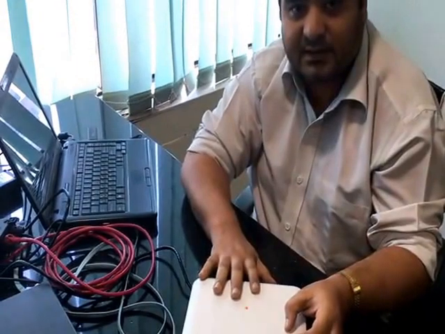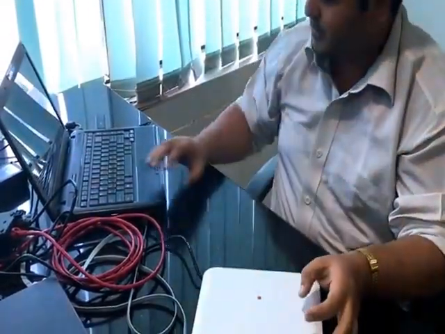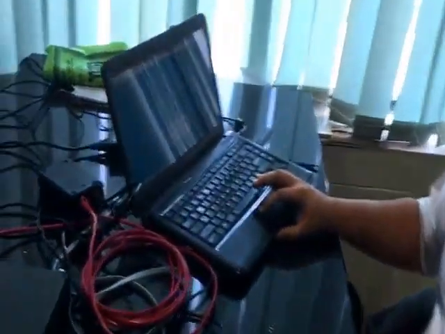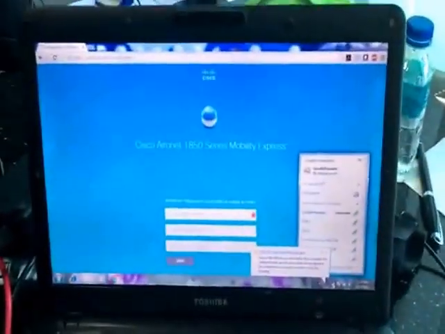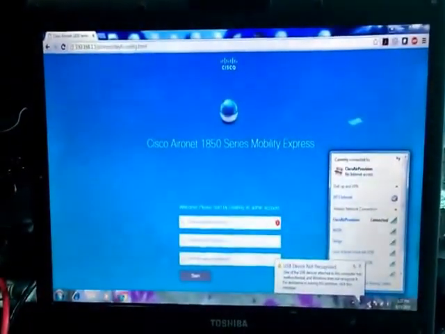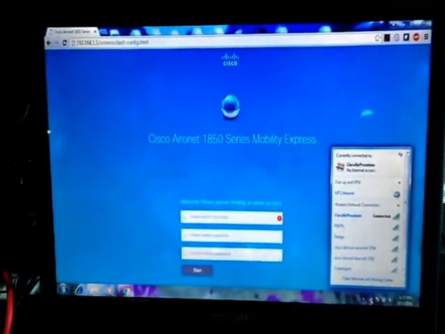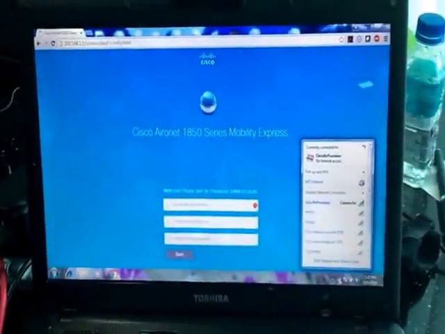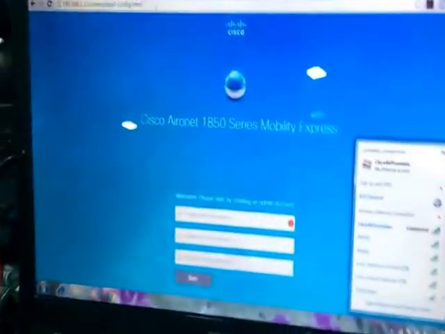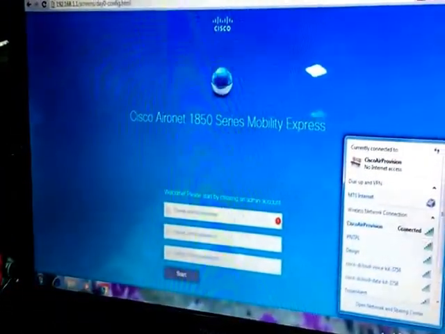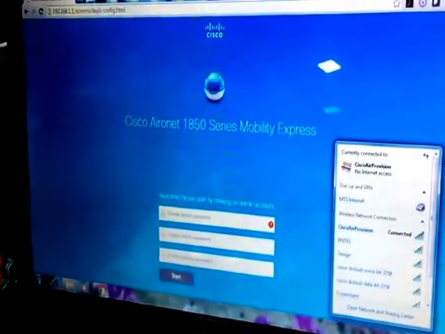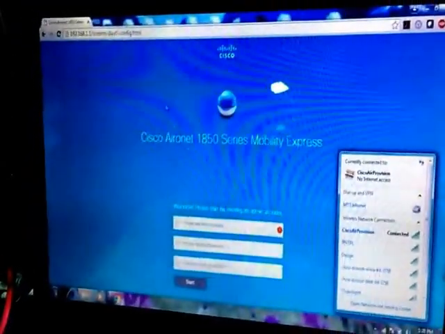After connecting these devices, after getting the IP address, this device starts broadcasting the SSID, which I am getting on my laptop, Cisco Air Provisioning. I am connected to the device through wireless, and again within the same wireless network I am getting the IP address from my DHCP server. So guys, now I am going to show you the basic configuration of the wireless access point. After connecting to the wireless access point, I am getting the IP from the DHCP server, and the access point is again getting the IP from the DHCP server.